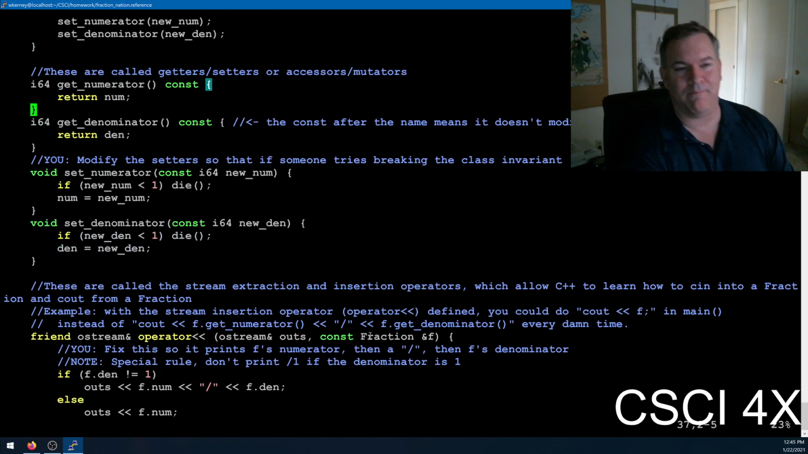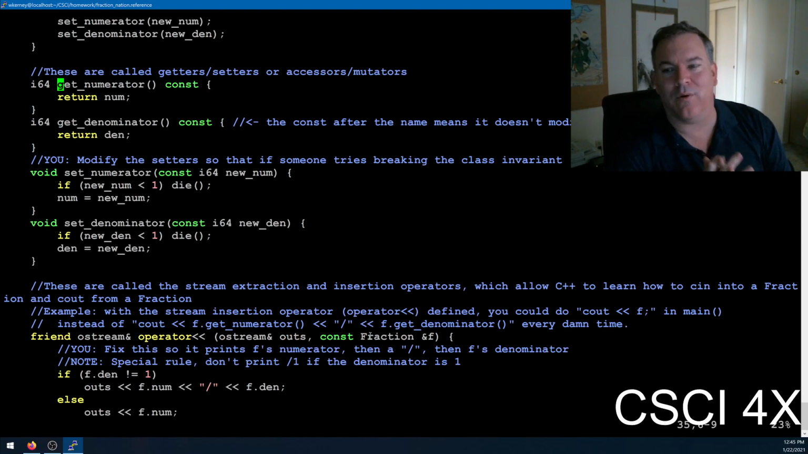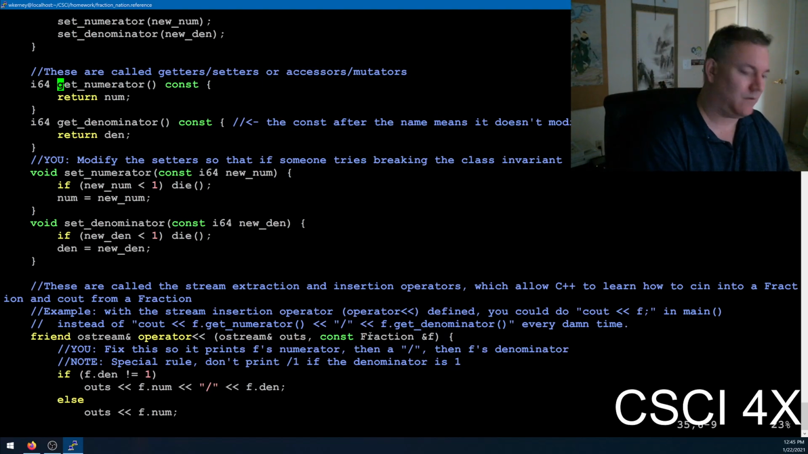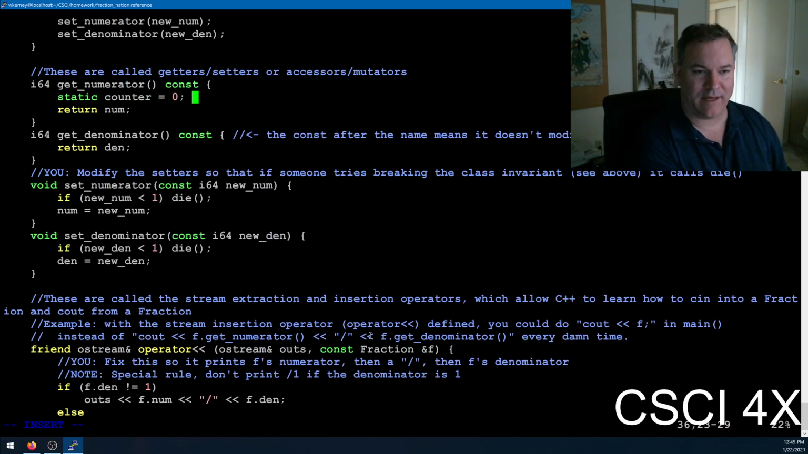So let's say you do want to change something inside of get numerator. So why would you do that? So one thing that people will do is they will count. They will instrument their code. They want to count how many times this function gets called, right? So if I have a static variable named counter, a static variable is a global, what's the best way of putting it? It's a global that's only accessible within this function. And so this value